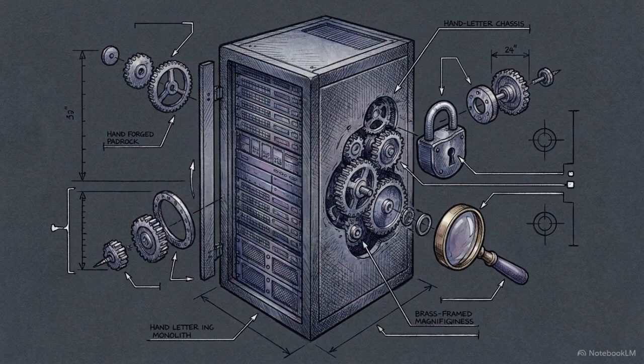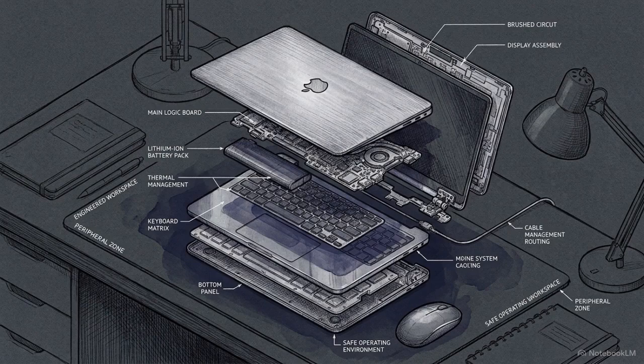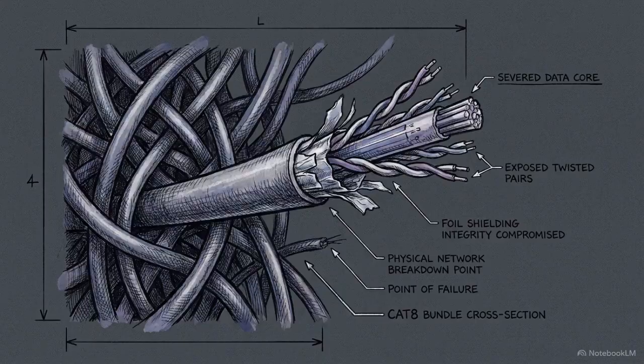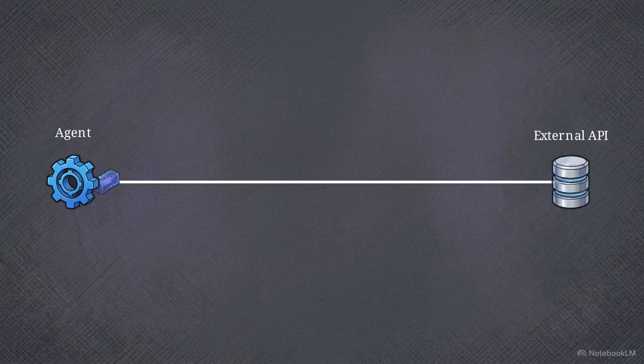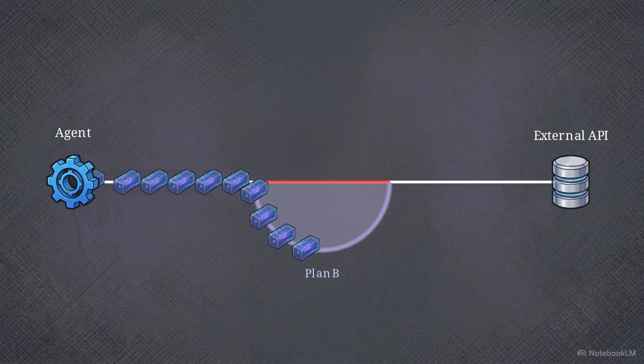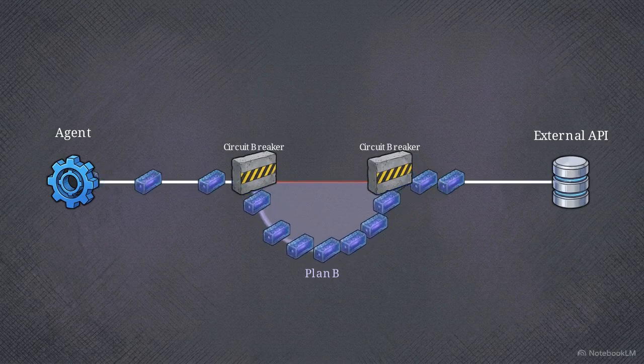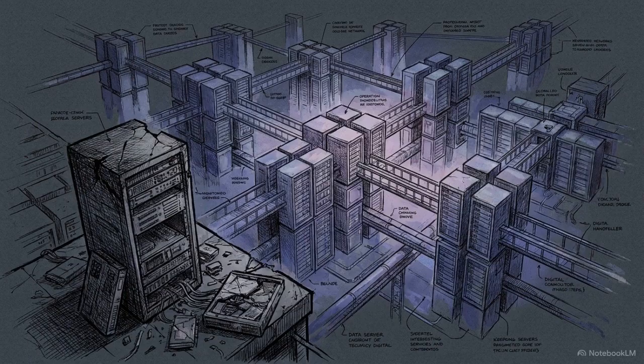But a system that works on a local machine often fails on the open internet. External APIs fail, networks time out, and services go down without warning. Reliability requires logic that anticipates these drops. You have to build retry loops with structured delays, set strict timeouts, and define fallback paths for when the primary plan fails. Implementing circuit breakers ensures that a single failed connection doesn't cause a cascade that takes down your entire architecture.